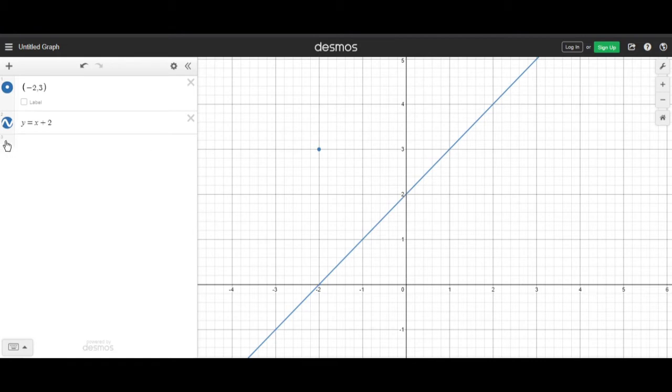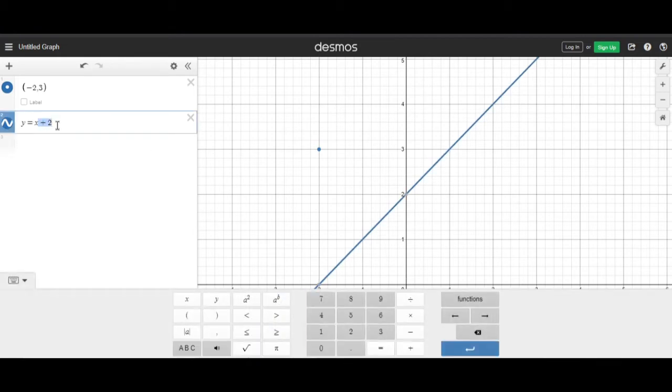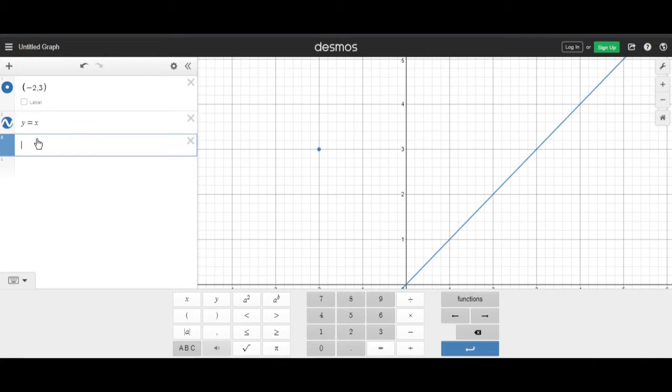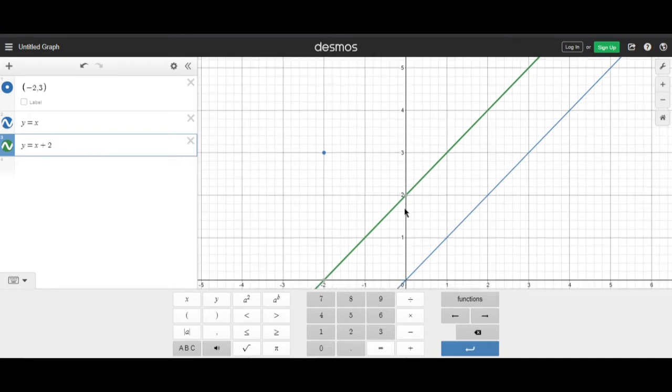Okay, now let's do it backwards, and let's do it here. Right now there are duplicate lines, green over the blue, but I'm just shifting this line to here, meaning this line will also shift up if I add 2 here. And if I add plus 1, then it will go through this. So if you want to shift a line above and below, this is what you have to do. Just keep on noting all of this.